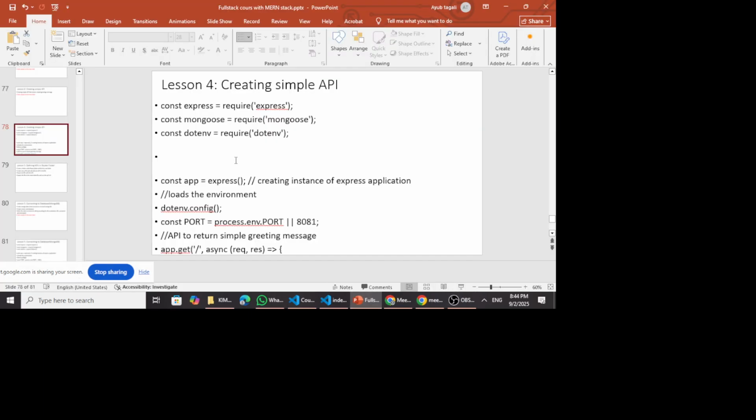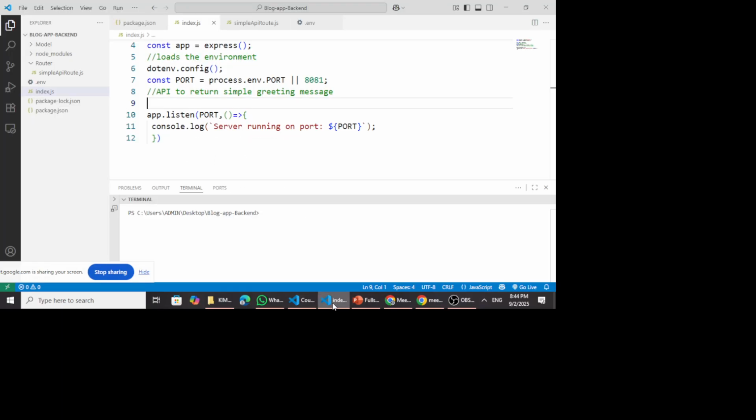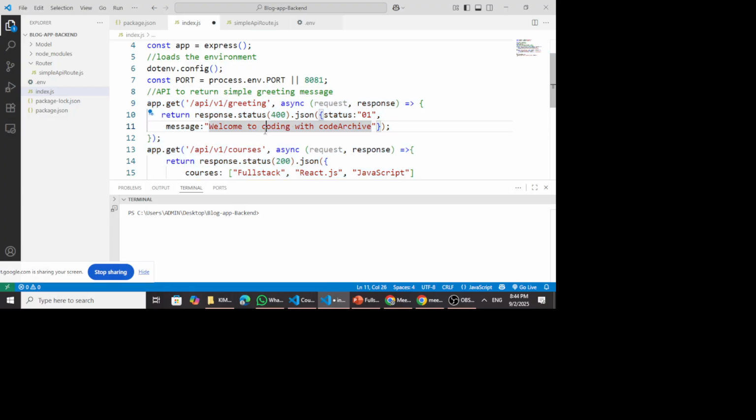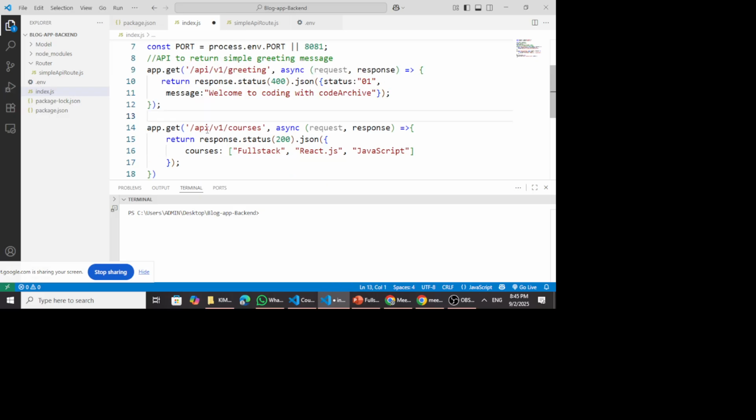Right, so in yesterday's class we looked at creating a simple API, and we were able to create two APIs. If you go back to our code here in the index, you can see yesterday we created two simple APIs, one for returning a greeting message and the other for returning a list of courses, and we were able to test them yesterday using the browser. So today I want us to build on that